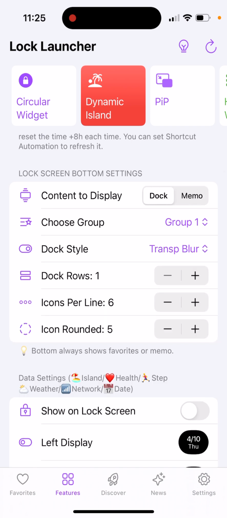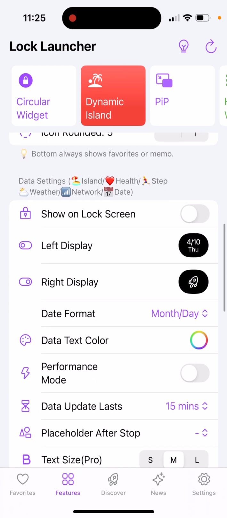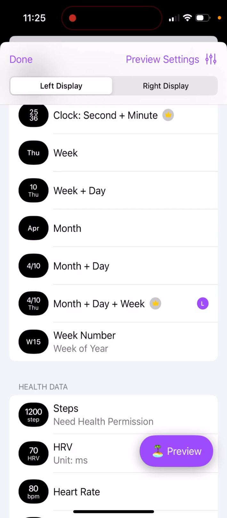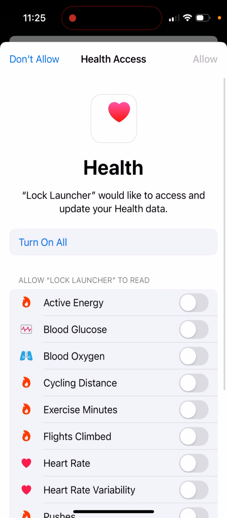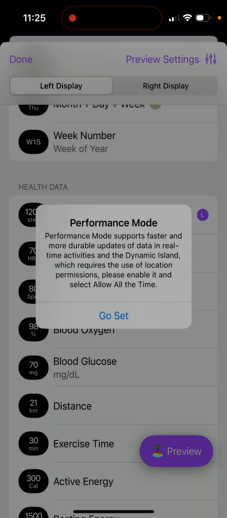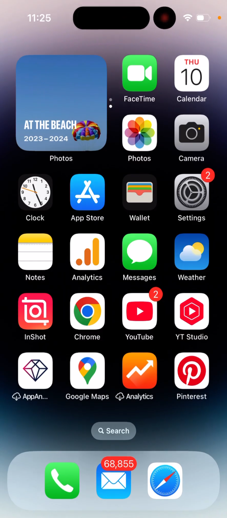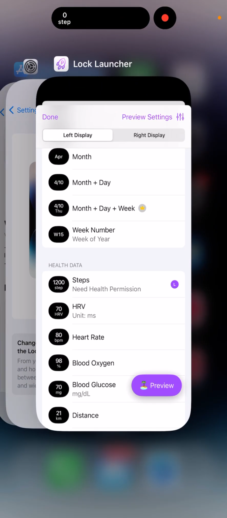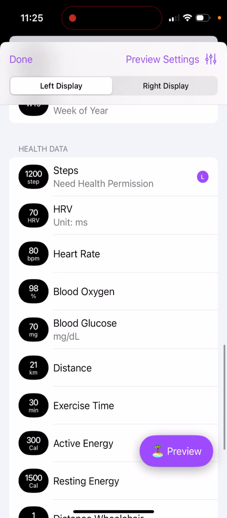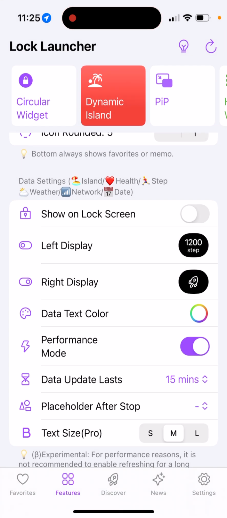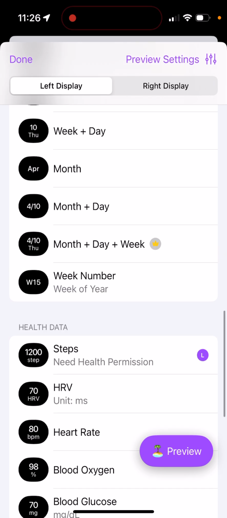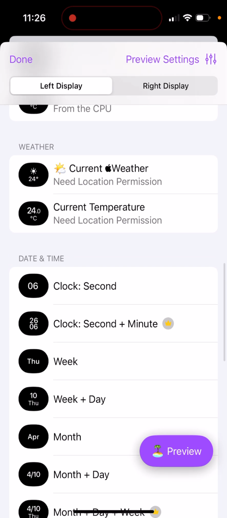So and then group, transparent background, rows, lines, show on lock screen, left display. This is what you will see on the left on your dynamic island. So steps, and then you just tap preview, and then you see steps in your dynamic island, as you can see, and all of the things. But then you need to allow performance mode, which can consume a lot of your battery. But basically I guess you can just set up